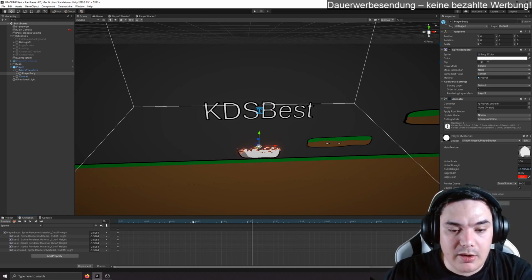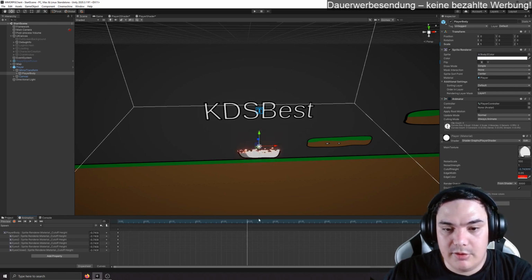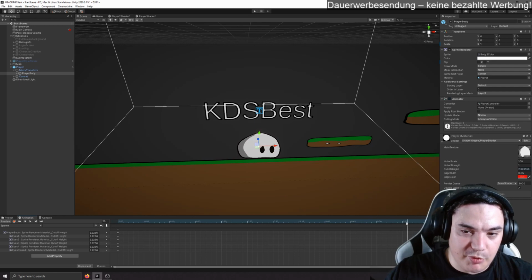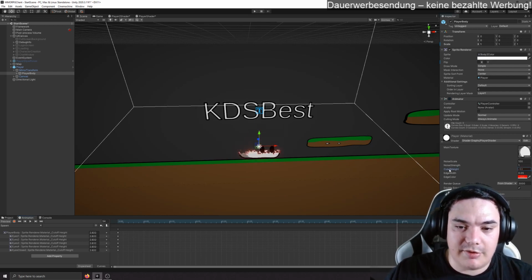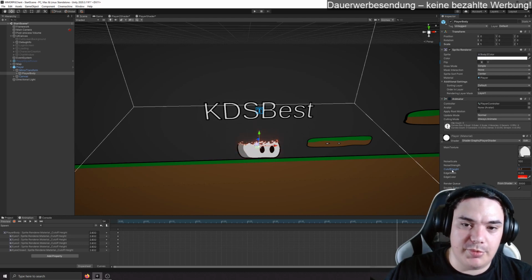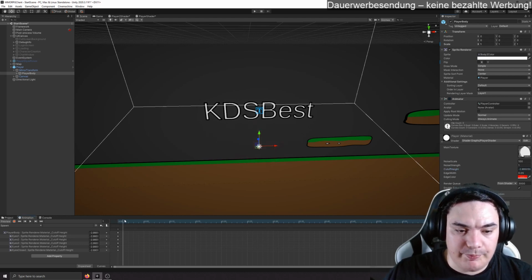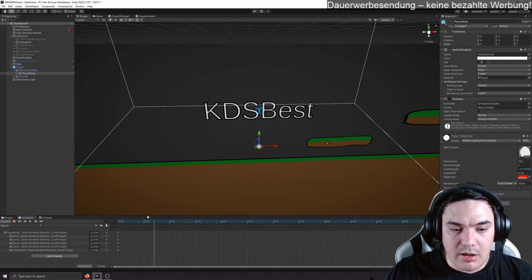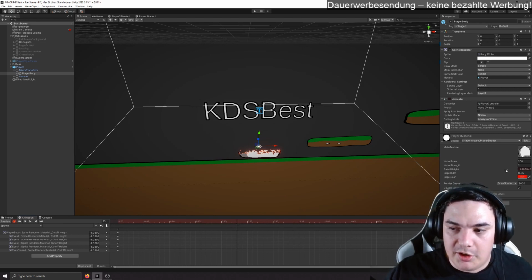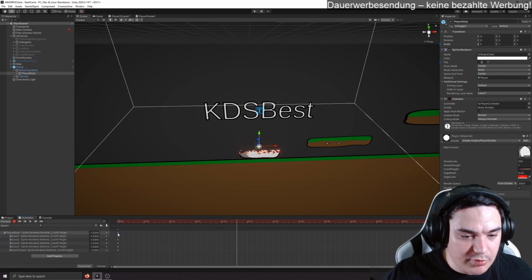For example, we have this effect here where when I play it, the player is currently spawning in. This works with this cut-off height value. So the higher this value is, the more is visible to the game. And we could do something like maybe let him spawn in and despawn him again. So when I